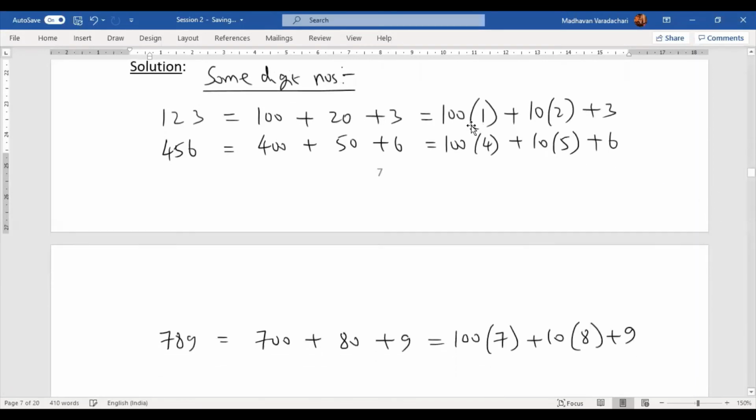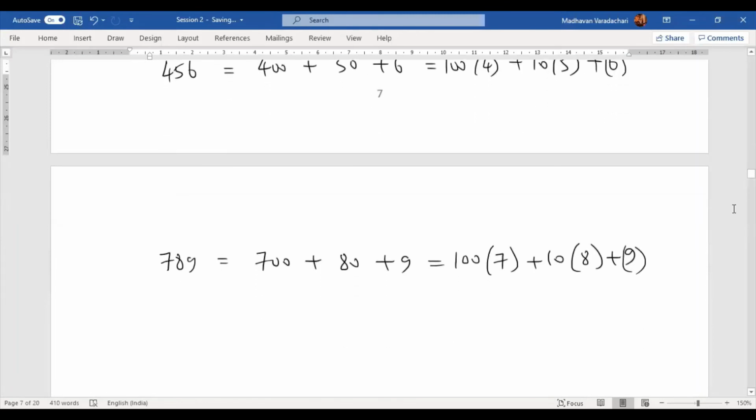We may notice here in all this, 100 is constant, 10 is constant, whereas whatever I wrote within brackets, that is a variable. Here also let me put a bracket. Whatever I wrote within the brackets, that is a variable. Whatever has no brackets becomes a constant. So in general, a 3-digit number can be expressed